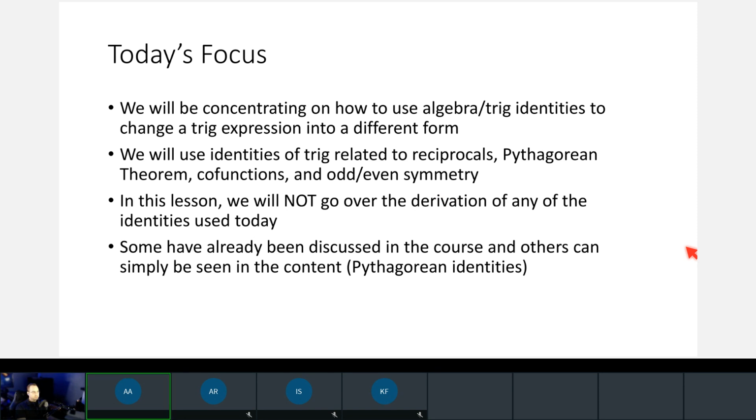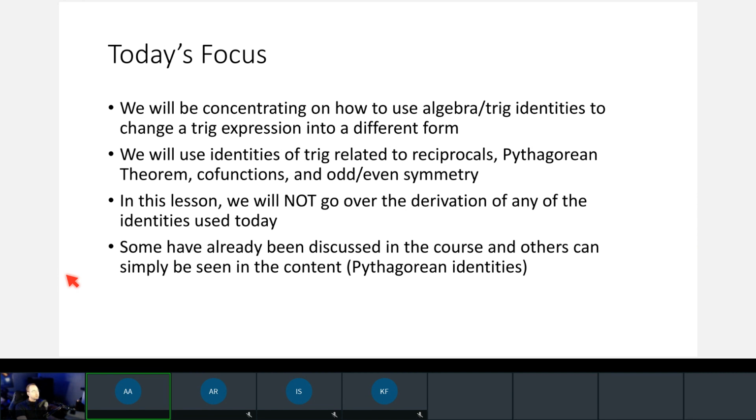Today's focus, we're going to be concentrating on how to use algebra and trig identities to change a trig expression into a different form. We're going to be using identities of trig related to reciprocals, theorem, cofunctions, and odd/even summary. On this lesson, we will not go over